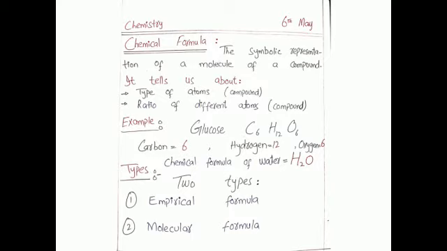For example, we have a compound of glucose, which is C6H12O6. It shows that there are 6 carbon atoms, 12 hydrogen atoms and 6 oxygen atoms in that glucose compound. Now this C6H12O6 is known as the chemical formula of glucose. Other than that, you know that the chemical formula of water is H2O, which is very commonly used in our daily life. There are two types of chemical formula. One is empirical and the other one is molecular,